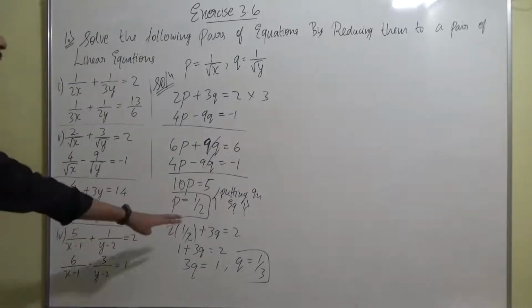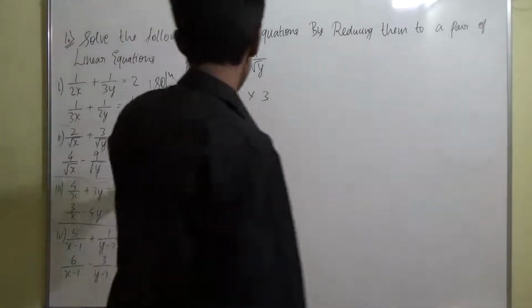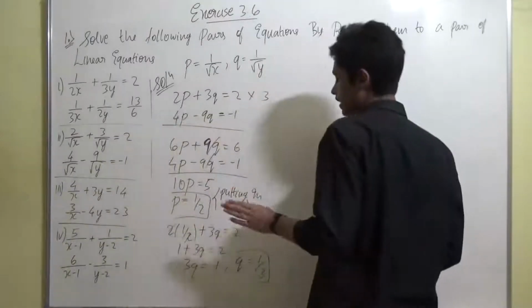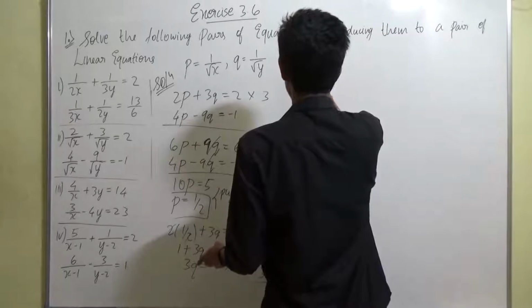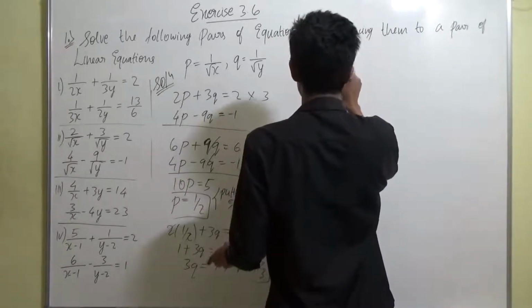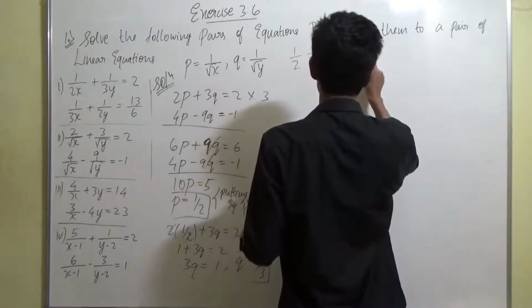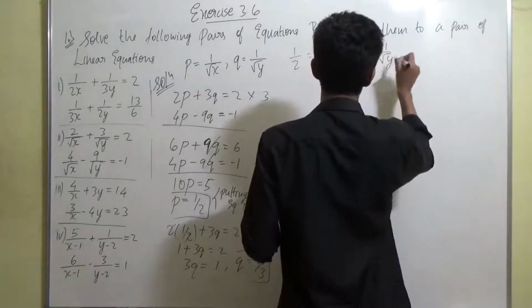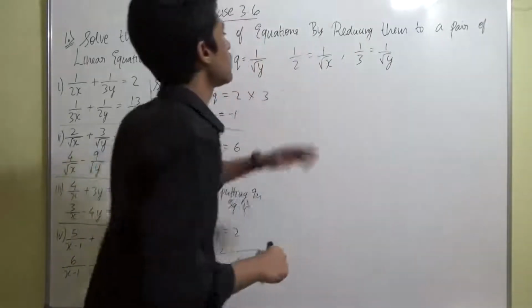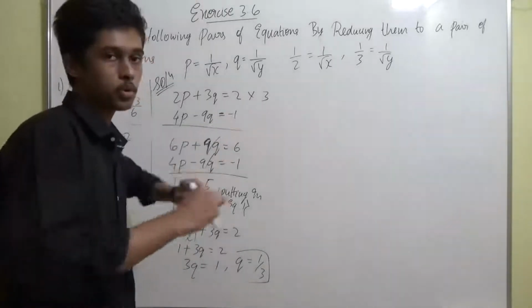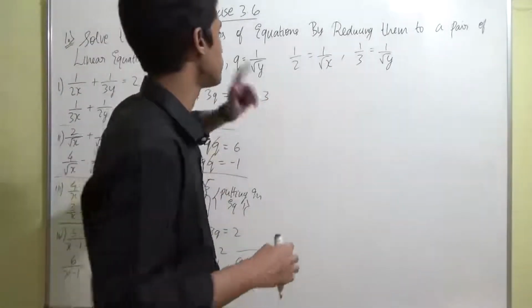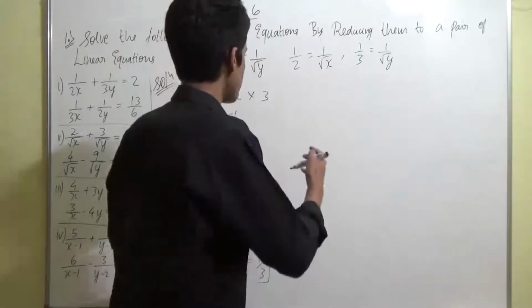Now what we'll do, guys, we'll put these values back into the assumption and find the values of x and y. Right. Now if you put p, we got 1 by 2, equal to 1 by root x, and for q, what we got? 1 by 3 equal to 1 by root y. Getting it? Now from this we can find the value of x and y. Now what we'll do, guys, we'll reciprocate both the terms. Getting it? Let's reciprocate it.